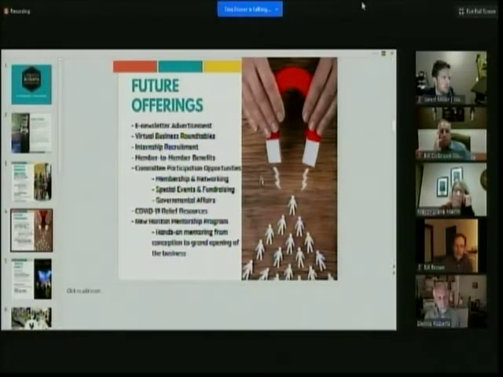We are also starting a brand new thing, which is the New Horizons Mentorship Program. That program, I'm hoping to get that off the ground. It's kind of a grassroots thing right now. It is going to be a different thing than what the SBC can provide and what any other resource here in Urbana can provide. What the thought is, it's a hands-on mentoring program where a person who comes into the community for Urbana,